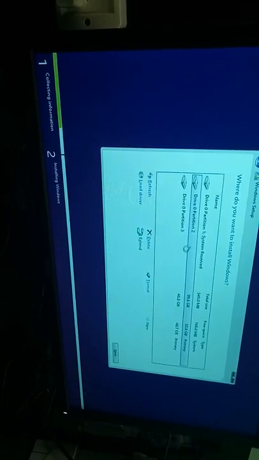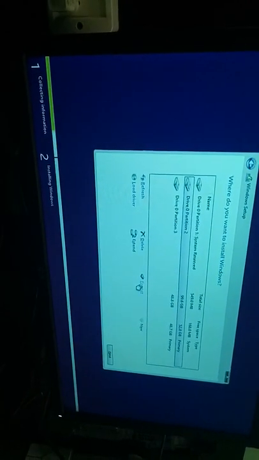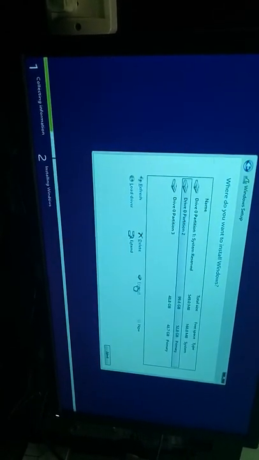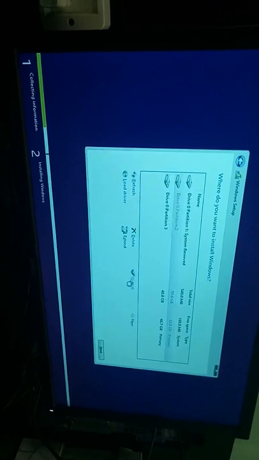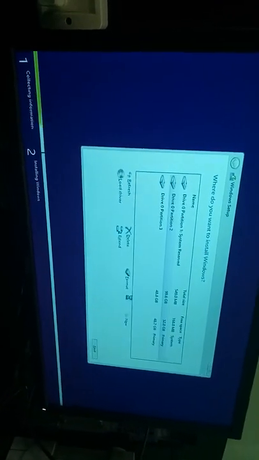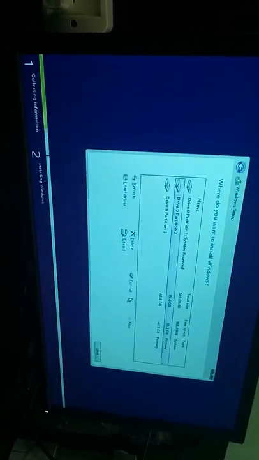I want to perform a clean installation. I'll prefer to select format the drive and click on next. Started. Now you can see here Windows installation is